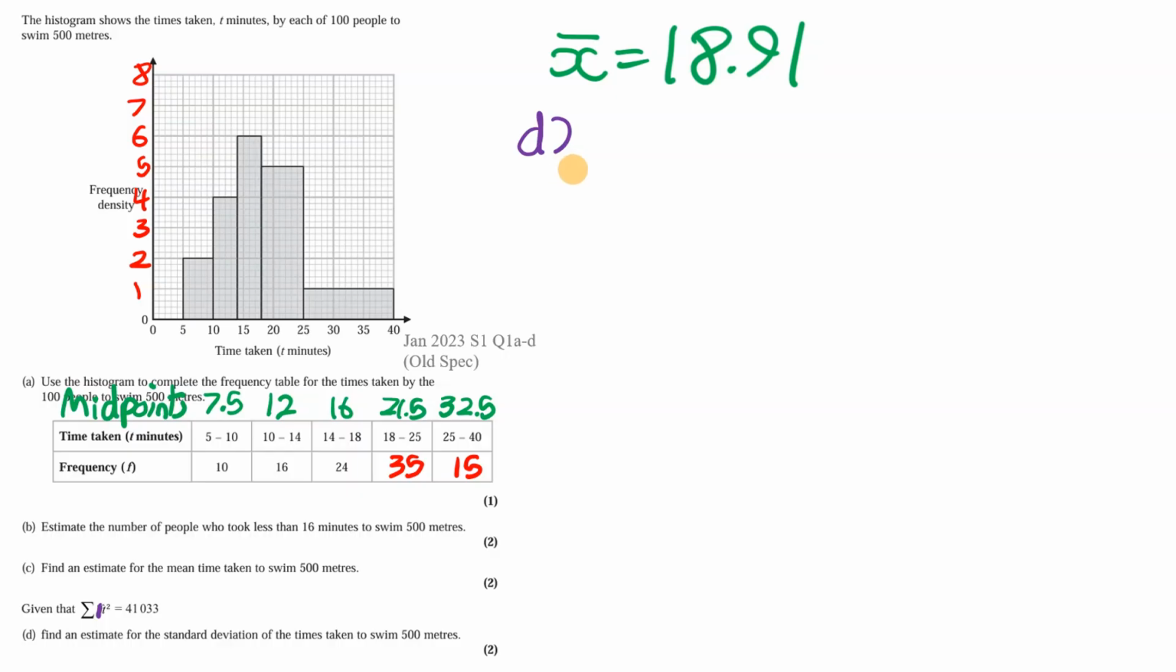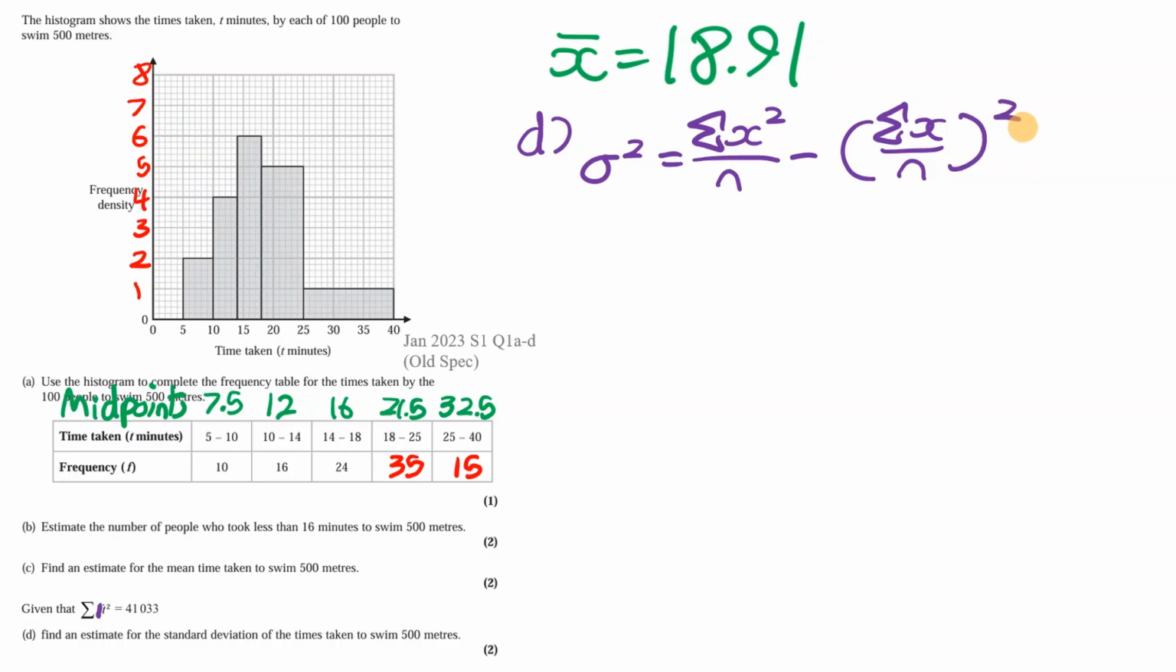Now, if you remember the formula for variance, variance is equal to sigma x squared over n minus (sigma x over n) squared, or in other words, it is the mean of the squares minus the square of the mean. Therefore the variance is sigma x squared, or sigma t squared if you prefer, and we're told that this is equal to 41033 divided by n, which, as we talked about, n is equal to 100, so divided by 100